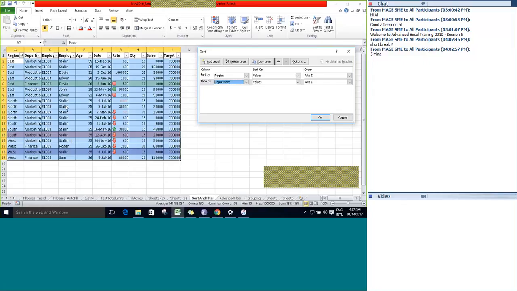So whenever we do a sorting, just follow whether the corresponding complete row is getting sorted or only the range is getting sorted. If you select the entire range, it will sort the entire row. After sorting by region, I want to sort by department. Click OK. So after sorting by region, it will sort using department.